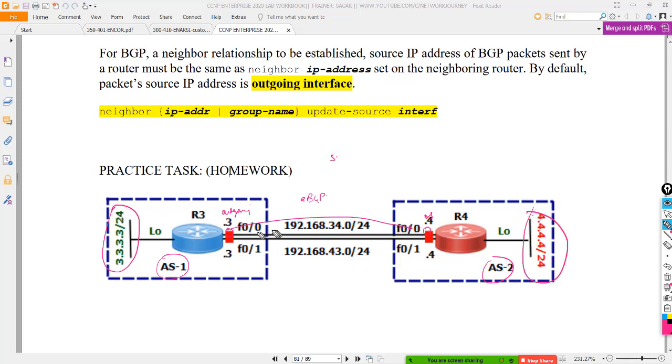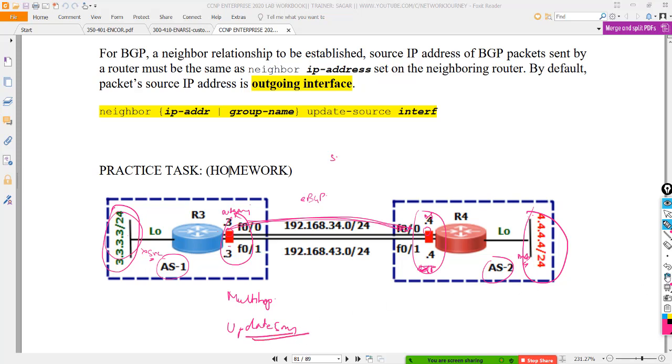If I have two loopbacks and I want to advertise over here, I need to bring in my multi-hop concept. Also you will observe that by default this is not acting as the source or the destination. By default they would be considering these physical interfaces. So for that I will make use of the update source command.